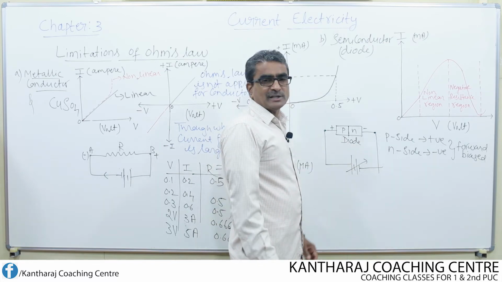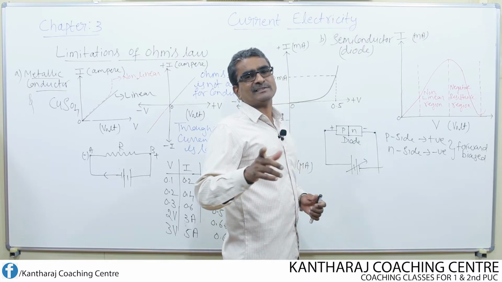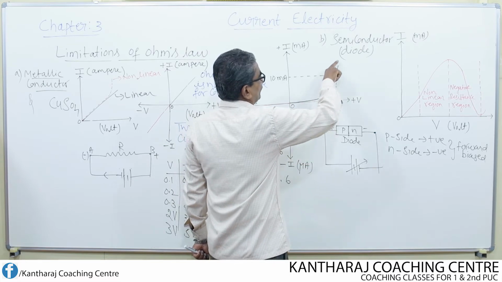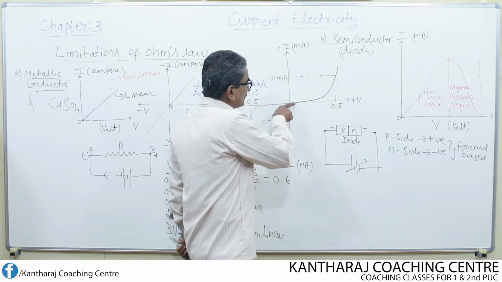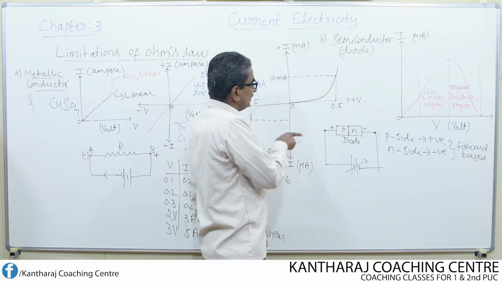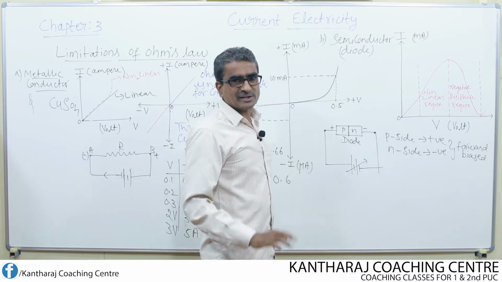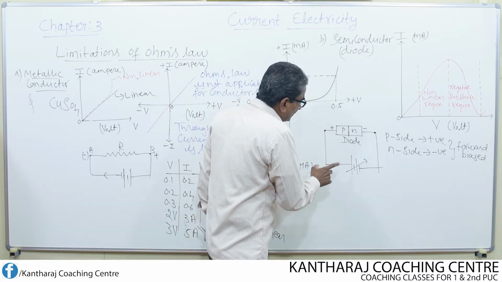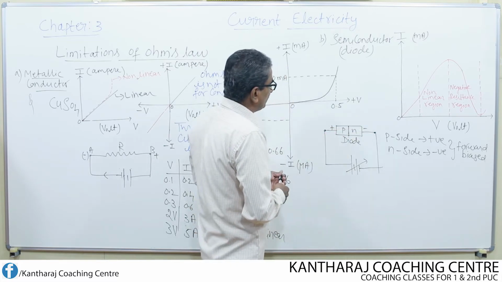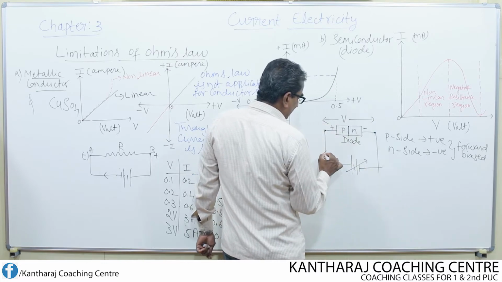If you vary the potential difference, the current also varies, but it varies non-linearly. Look here, from the graph itself you can find that the graph is not a straight line. Though it starts from the origin, it is curved like this. So it is a non-linear variation as you go on increasing the voltage, or the potential difference between the two ends. V is the potential difference and I is the current.